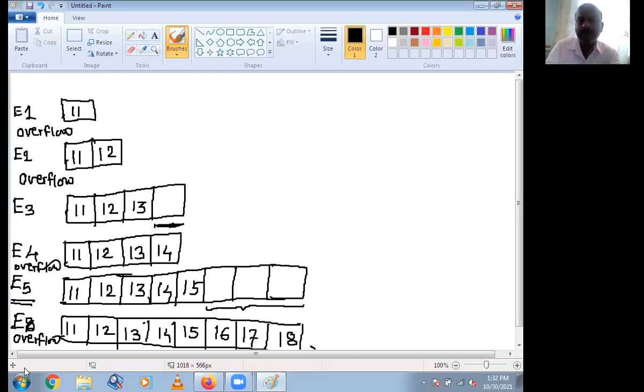I have given a previous example: when you are purchasing a single custard apple, you require 2 rupees. When you are purchasing 3 custard apples, you require 5 rupees.